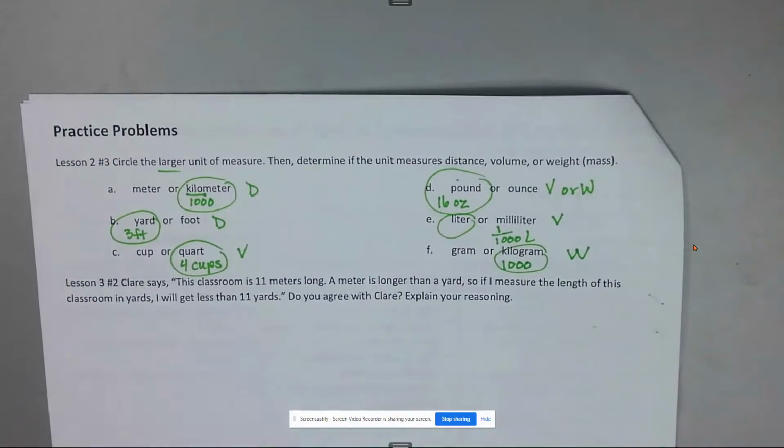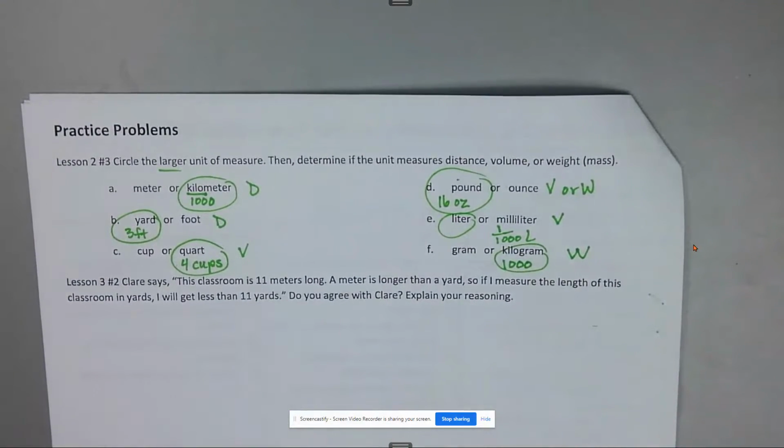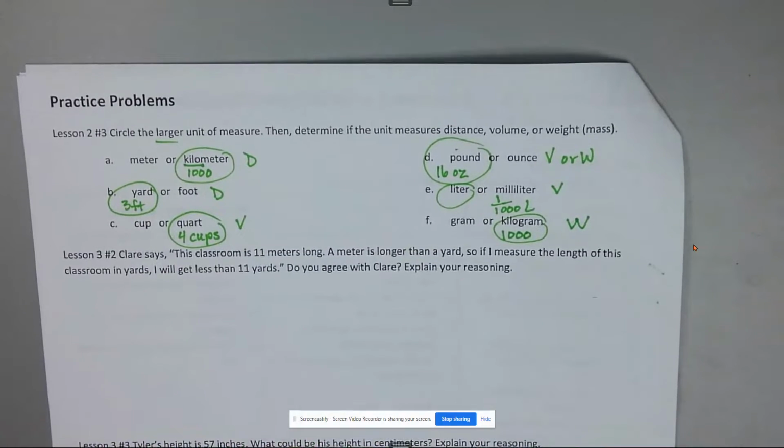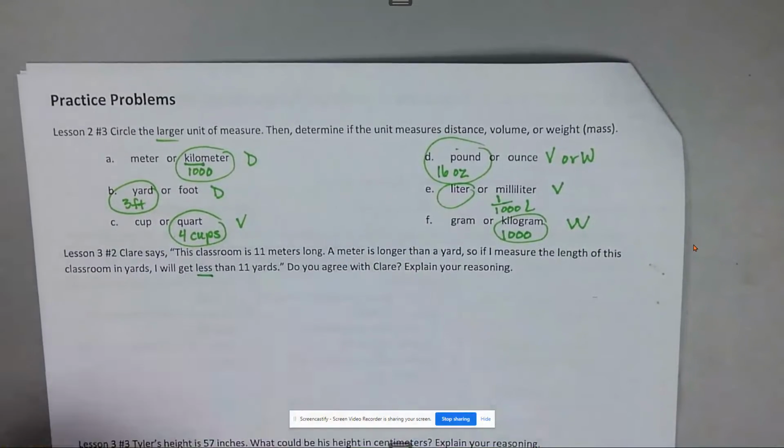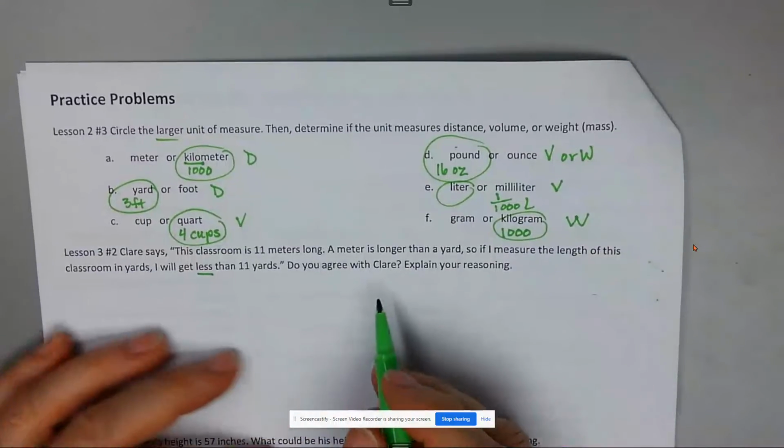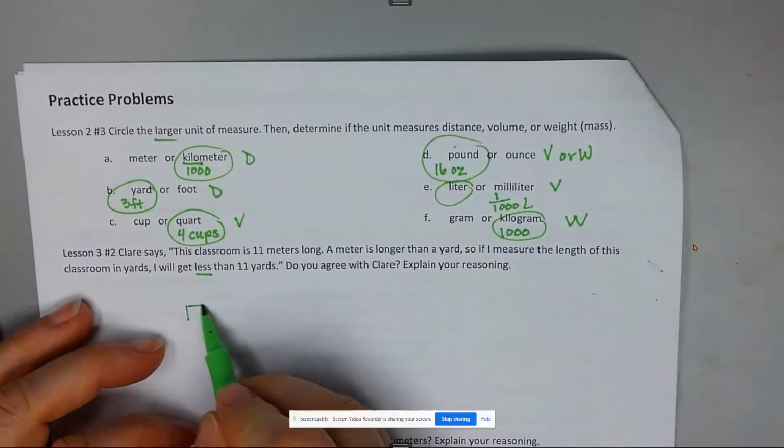Please do number 3. This classroom is 11 meters long. A meter is longer than a yard. So if I measure the length of this classroom in yards, I will get 11 yards. Oh, I will get less than 11 yards. Do you agree with Claire? Explain your reasoning. So I'm thinking if this is my